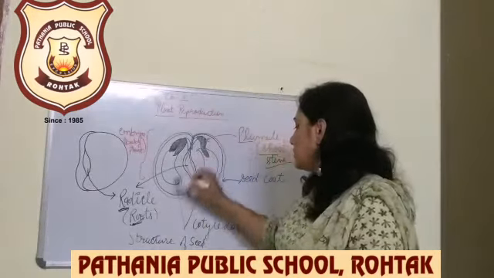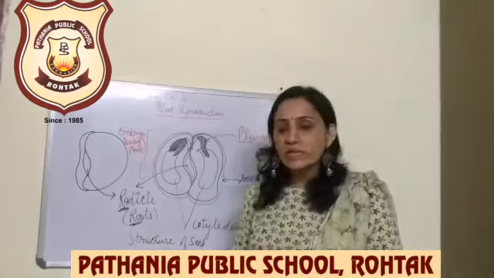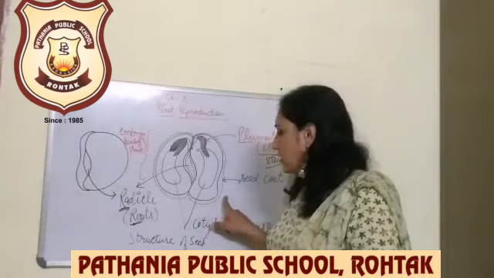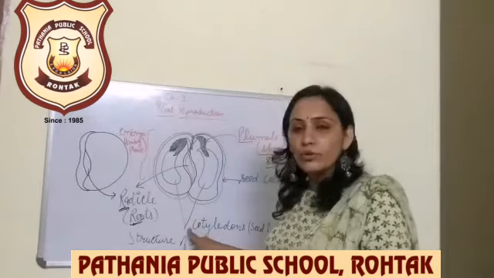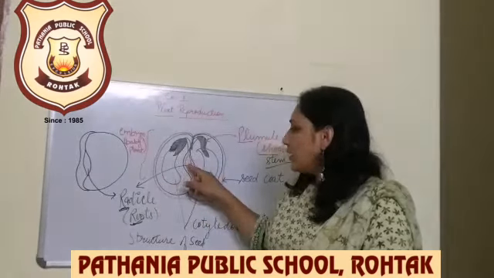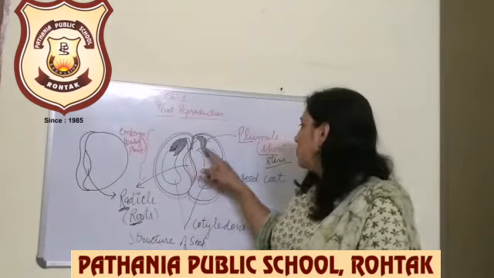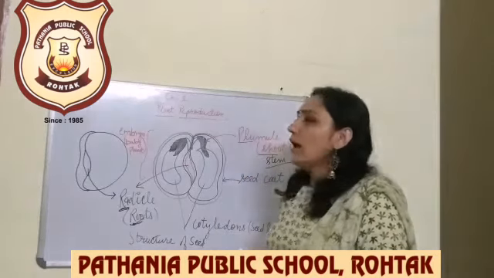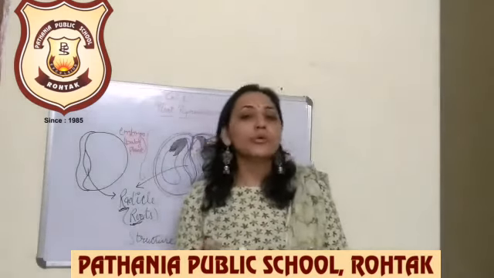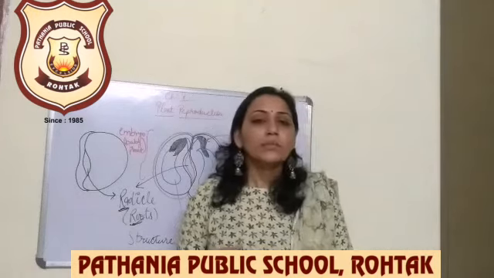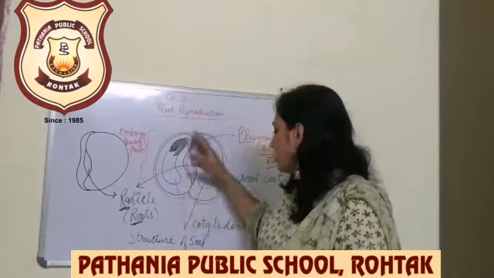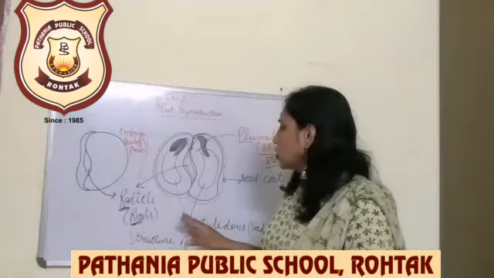So basically this is the internal structure of a seed. The outside covering is called the seed coat, which protects the inner parts of the seed. Cotyledons provide food and nutrients to the baby plant. Radicle is converted into roots, and plumule is converted into shoot. The shoot is the stem part, and the baby plant which grows into a new plant is called a seedling. So this is the basic structure of a seed.